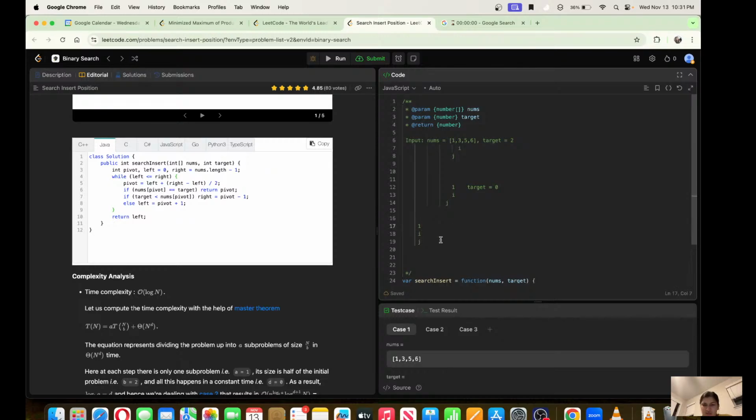Oh yeah, but that is true, right? I need to insert 0 here only. This is where I need to insert 0, because it should be before 1. Yeah, that is true. So it will always be my left pointer,